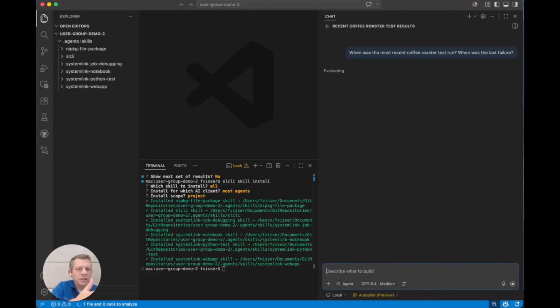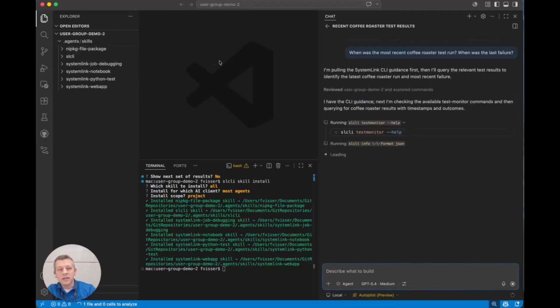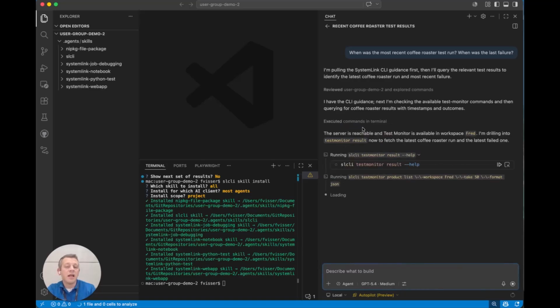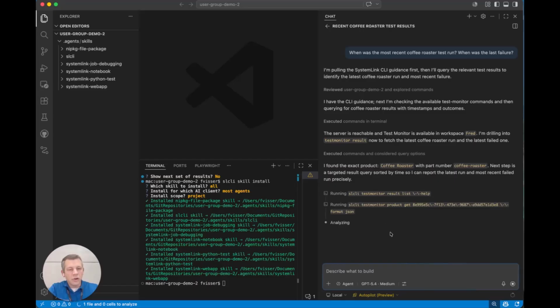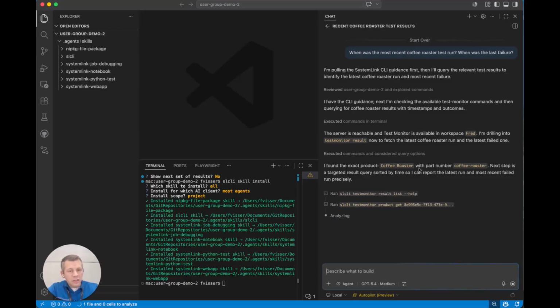Here we mentioned tests, coffee roaster test run. It will take a look at that SystemLink CLI guidance and read that skill to understand how to call our commands effectively. If it doesn't feel like it has enough, it can just call the help commands on the CLI as well. The CLI is self-documenting for the purposes of both interactive use and coding agent use. Here I found my product, the coffee roaster with the part number, and now it's running a